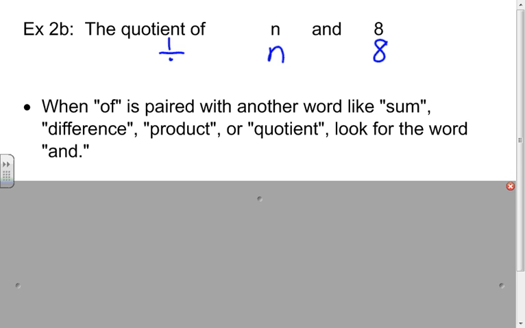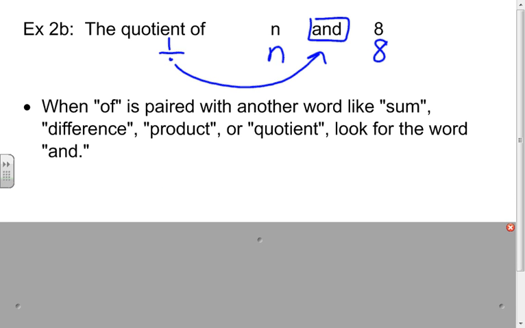Anytime I see of paired with another word, like sum, difference, product, or quotient, I need to look for the word and. We've never seen anything like what I have written down here. Division sign, n, 8. We've never seen anything in that order. The operation has to come between 2 things. And so if I see of matched up with something else, I also have to look for the word and. The symbol then, the operation, goes where the word and is. So the correct answer, n